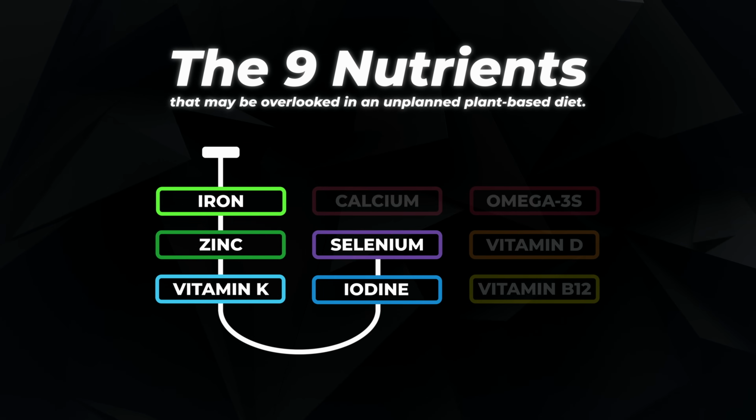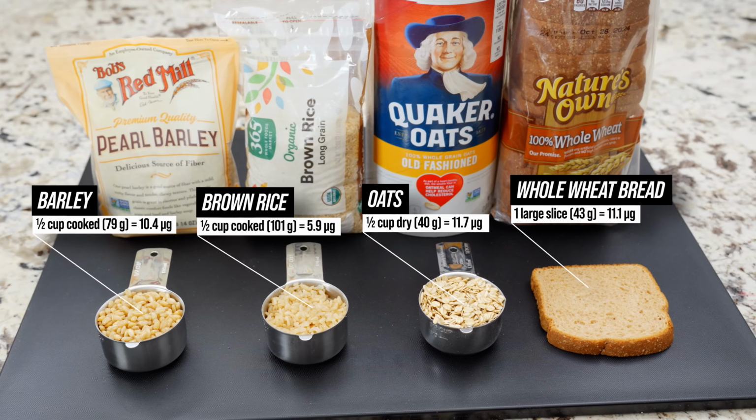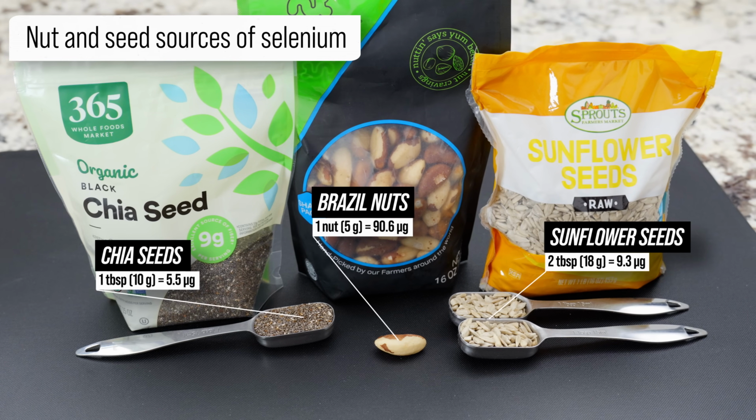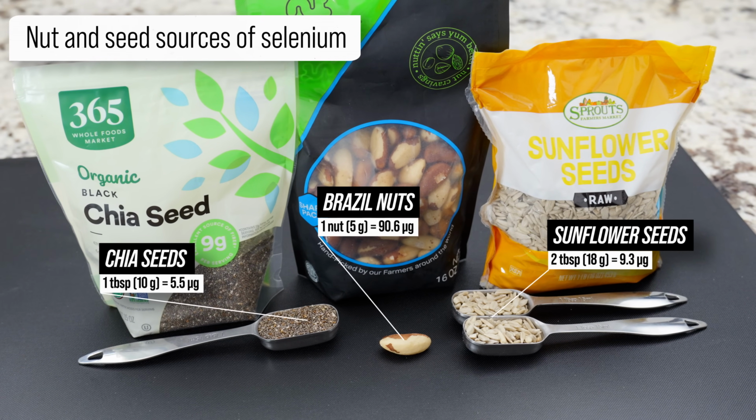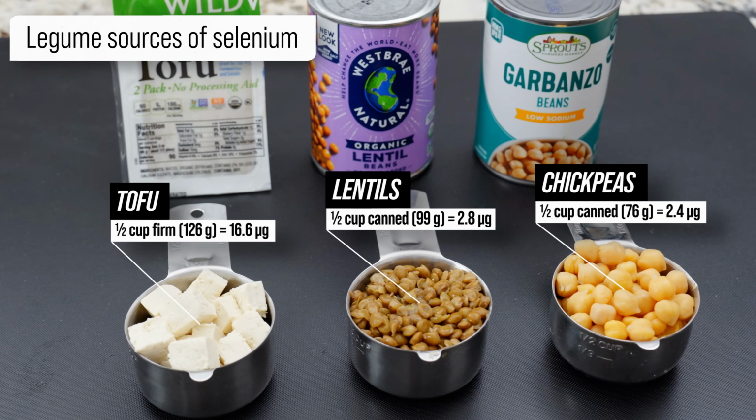Next up is selenium. Like iodine, selenium plays a crucial role in thyroid health as well as DNA synthesis and antioxidant activity. It is found in a wide variety of plant-based foods such as whole grains, nuts, seeds, and legumes. However, the selenium content of these foods can vary based on soil quality. If you eat a varied plant-based diet that includes selenium-rich foods like Brazil nuts, then you should be well covered